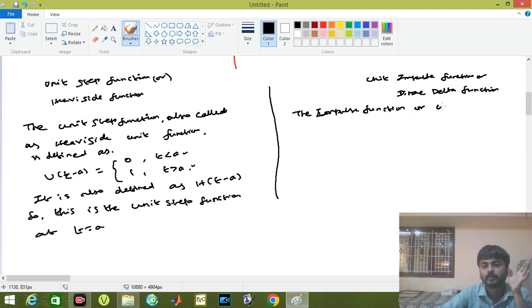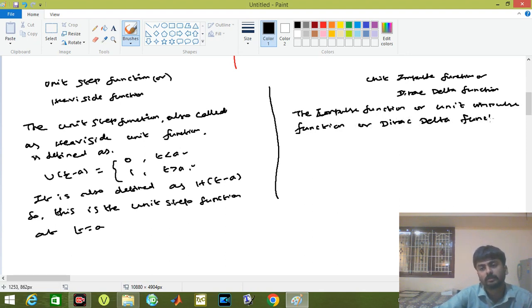So the impulse function, or unit impulse function, or the Dirac delta function is defined